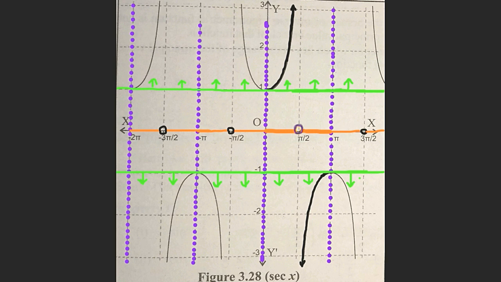The secant function is periodic as the portion of the graph of secant function in the interval 0 to 2 pi gets repeated in the intervals 2 pi to 4 pi, 4 pi to 6 pi, etc., also in the intervals to the left of the y-axis, that is in intervals minus 2 pi to 0, minus 4 pi to minus 2 pi, minus 6 pi to minus 4 pi, etc. Therefore, the secant function is periodic and its period is 2 pi.